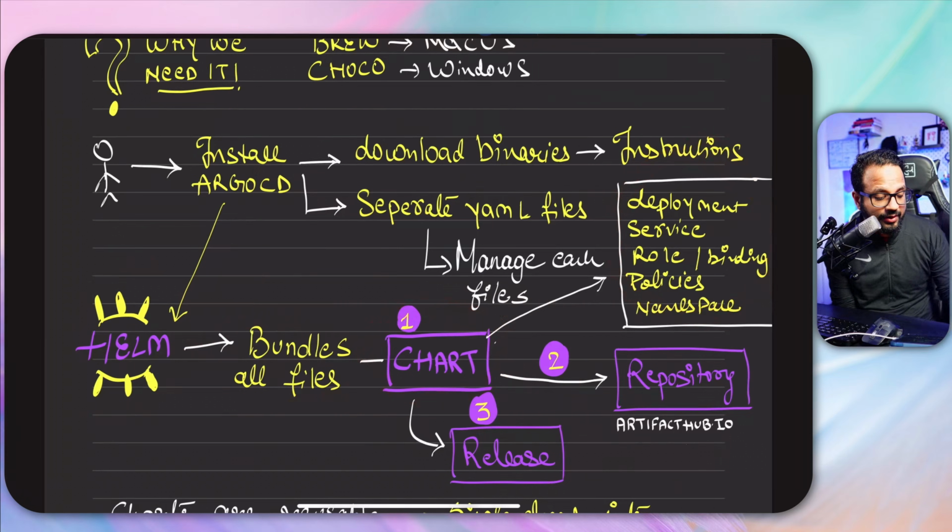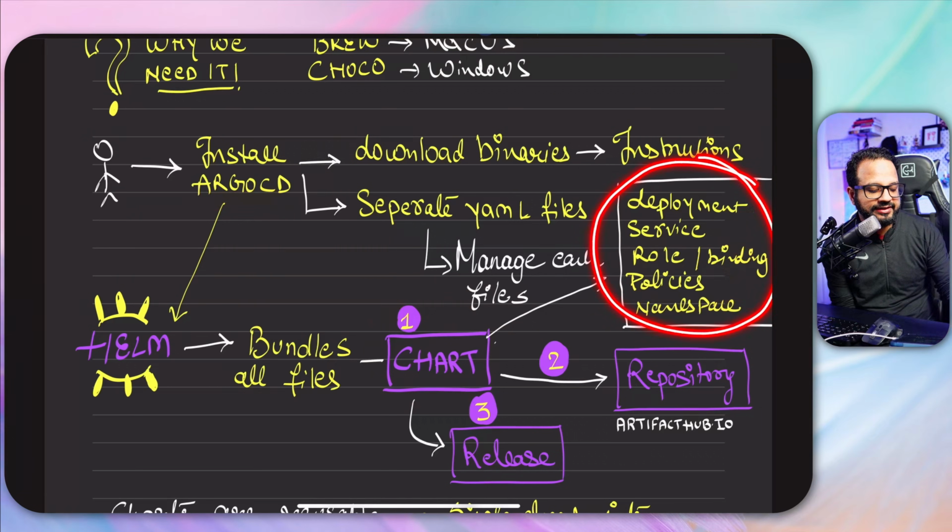Now instead of downloading and maintaining these files separately, let's say Argo CD created a chart of all these files, with all the dependencies and everything. And then they stored this chart on a repository, a Helm repository. You can check the Helm repository from this URL,